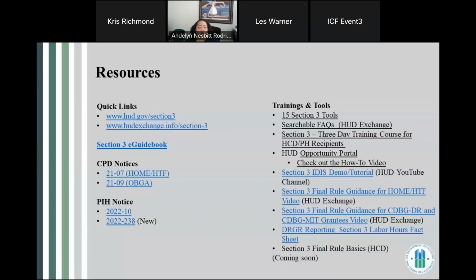All right, I want to go through a couple of resources as well. We have the HUD Section 3 page. There are a lot of good resources in the slide deck. I'm going to go to the HUD Section 3 page in a little bit. There are also some notices that you should definitely read: the CPD notices 21-07 for HOME and HTF,